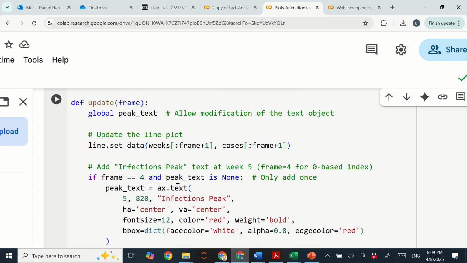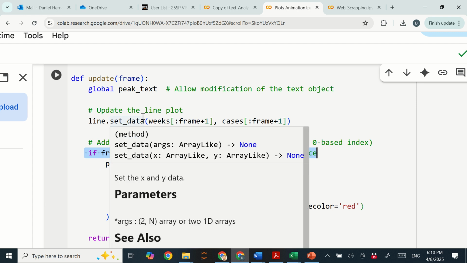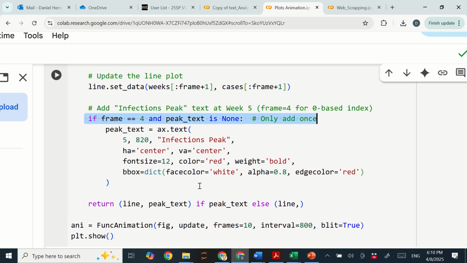But then in the update function, we add a conditional here. So the conditional is if the frame, remember the frame is what is going to do the iteration. So if frame is equal to 4, why 4 and not 5? Remember that the frame, the first value is 0, right? That's for the Python indexing. So then when frame is equal to 4, that will be week 5. So we're in week 5, and the peak text is None. So if we haven't added the text before, then we